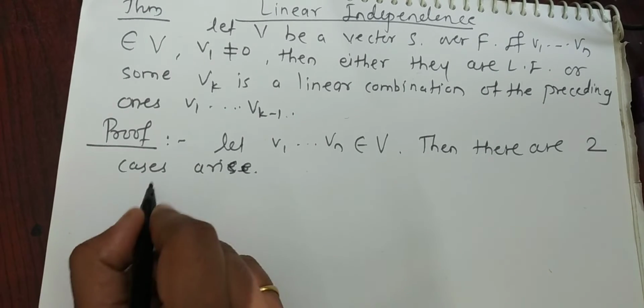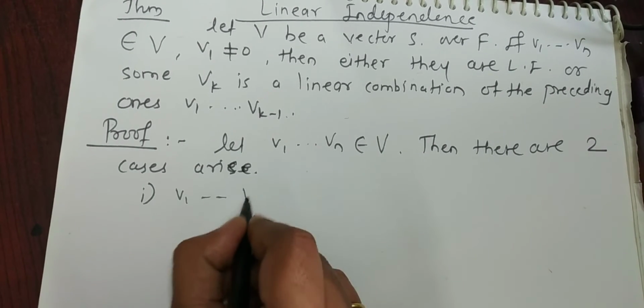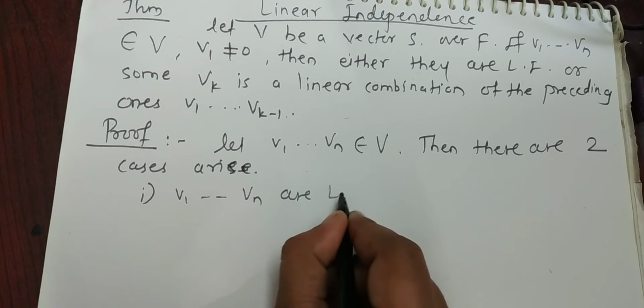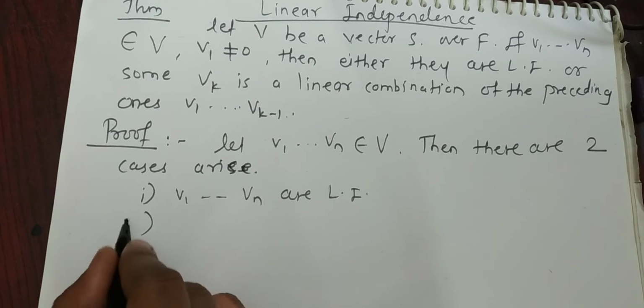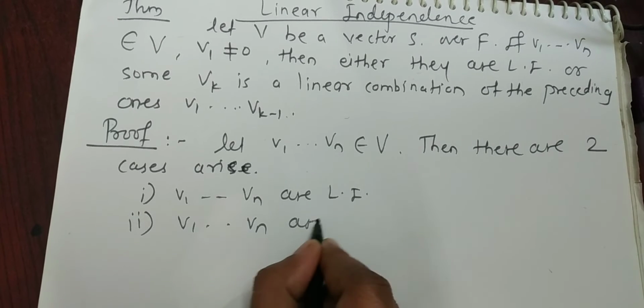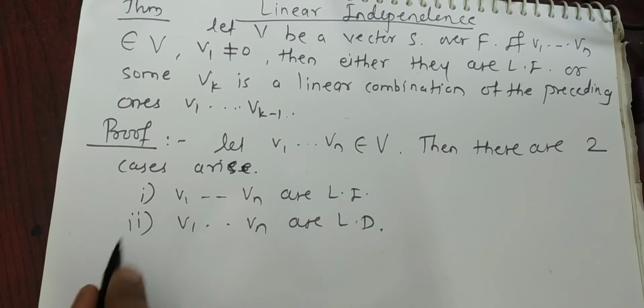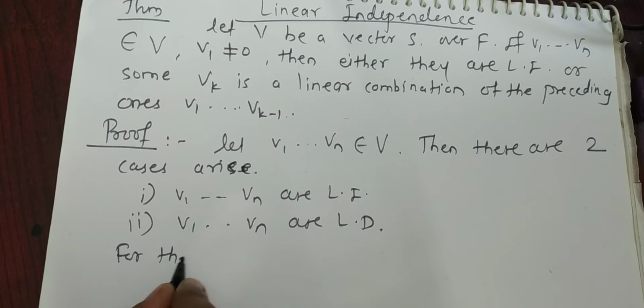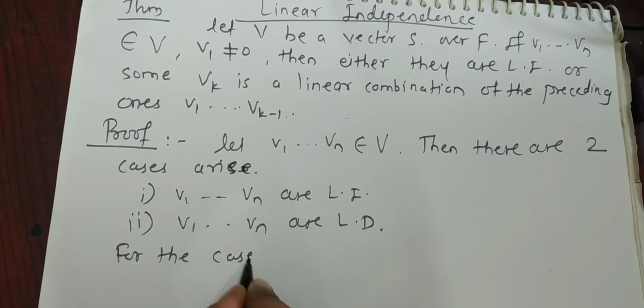The first one is v1 to vn are linearly independent, and the second case is v1 to vn are linearly dependent. For case 1,